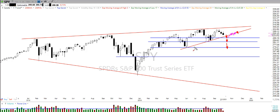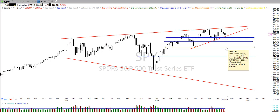So the truth of it is, if all this was to take place, what is this? This is October. We could be well into November, December if that was to happen. It doesn't have to happen right away. I'm just pointing out a little possibility is all. So we want to watch this